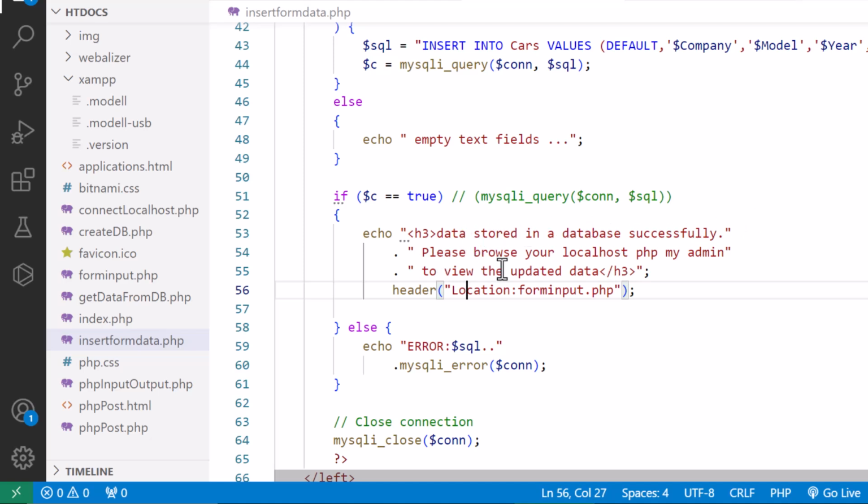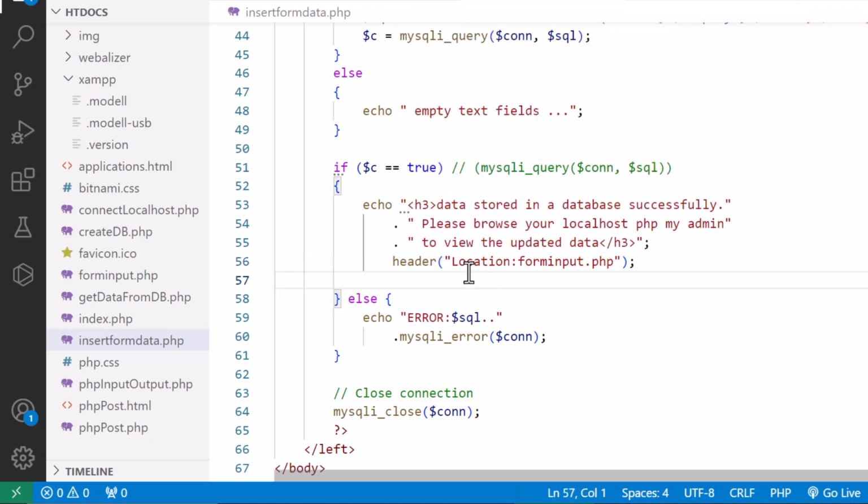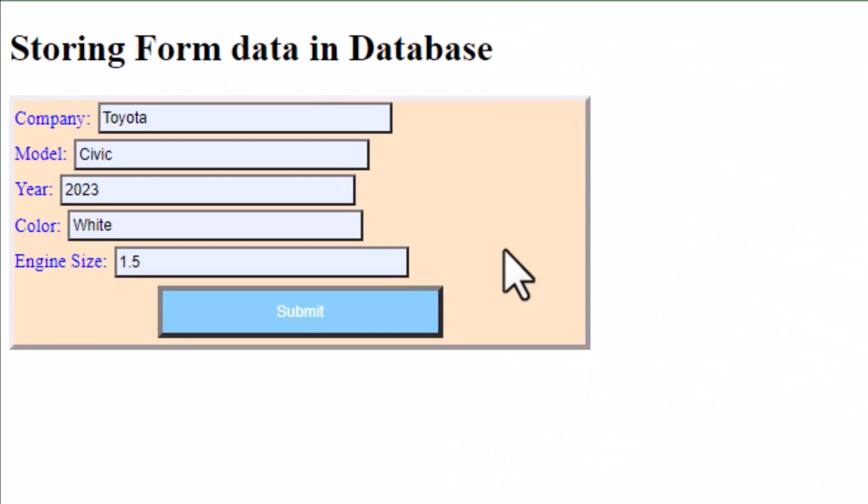Please browse your localhost. Now here I have used this function header. This is immediately going to take us to the form input field again, meaning it's going to bring us back to this place. It's not going to display anything. Immediately we will see that this form is displayed again even after the submit button. Like here, if I click submit,